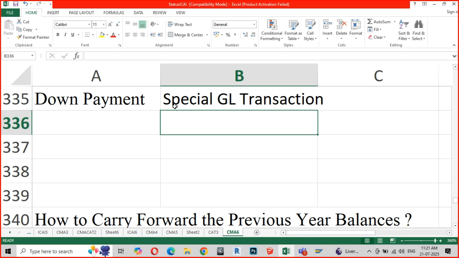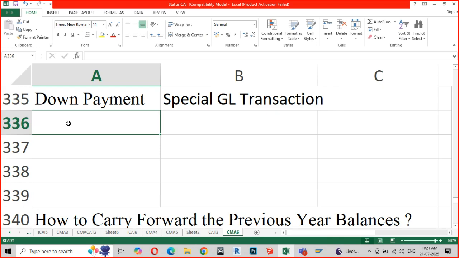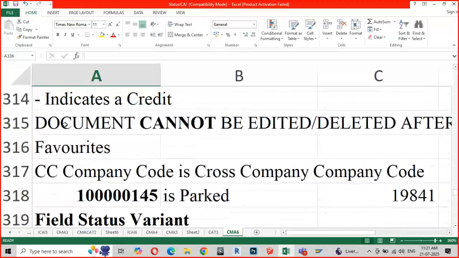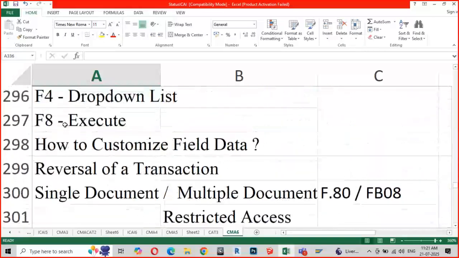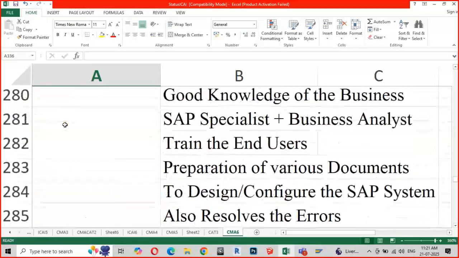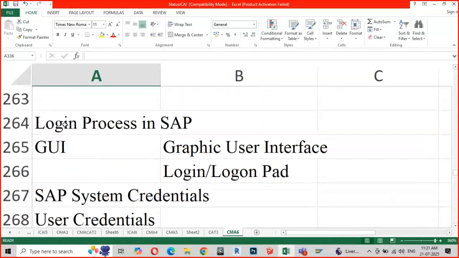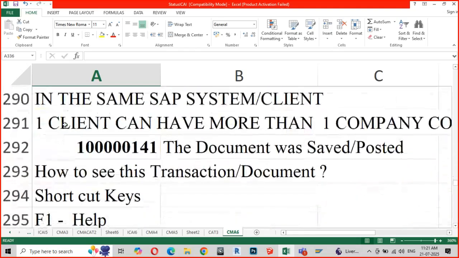It is identified differently than your ordinary invoice, a purchase or sale invoice, and your payment and receipt. Clear? Now, what is the process of down payment? I said you have two things. Now, you remember we had gone over the noted item some time back. Where is that?